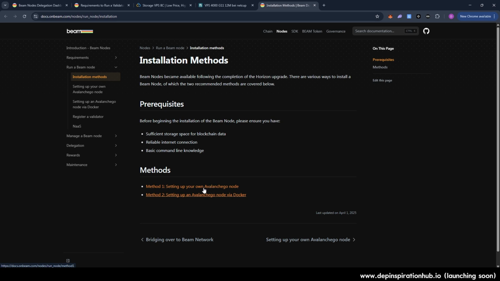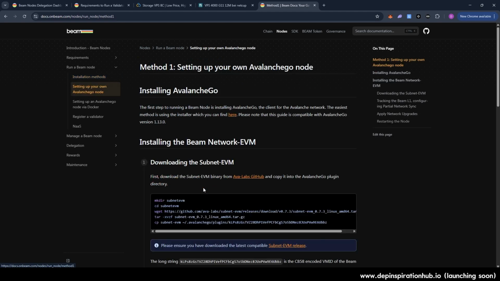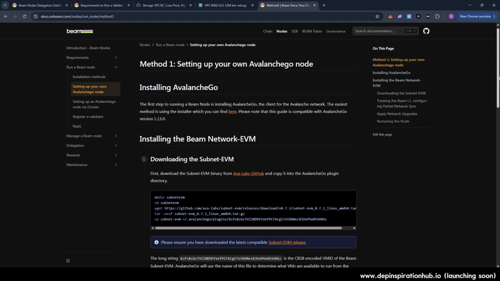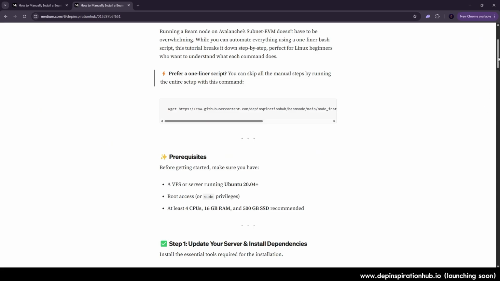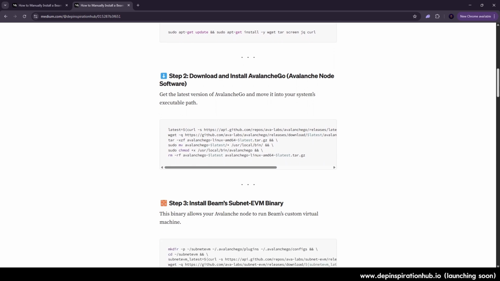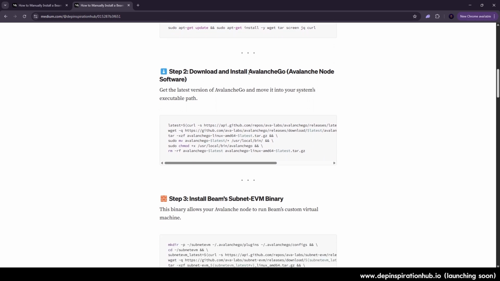So that is what the focus of this tutorial is going to be. The Beam team already provided a detailed guide on how we can set up the node. What we're going to do is I also have an extended version of this tutorial that they provided, where I'm going to teach you how to install a few prerequisites like Avalanche node software to make the whole process a